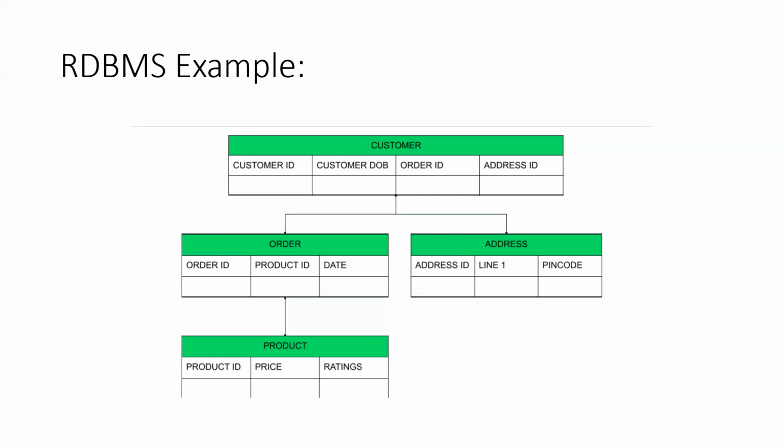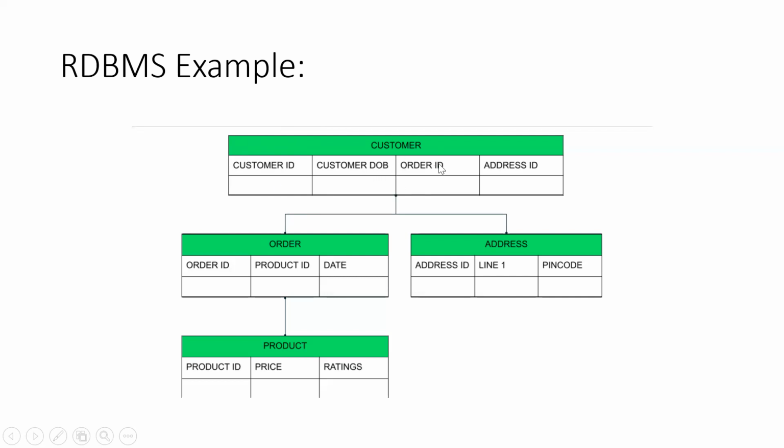Suppose I'm an employee working in a company. The company will be recognizing me, entering my data into their database. Maybe there is an employee table, and they give an employee ID to me, and that employee ID should be unique in nature. So in the employee table, employee ID should be unique. This kind of column is called the primary key of that table. So for the customer table, customer ID is the primary key.